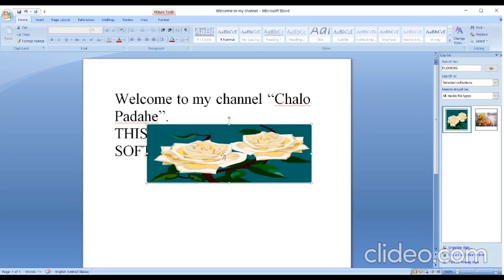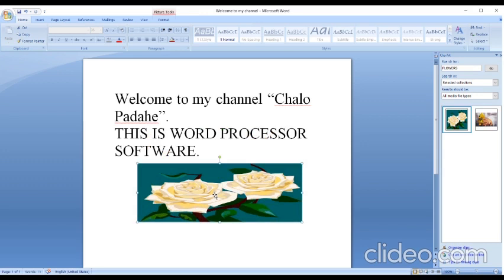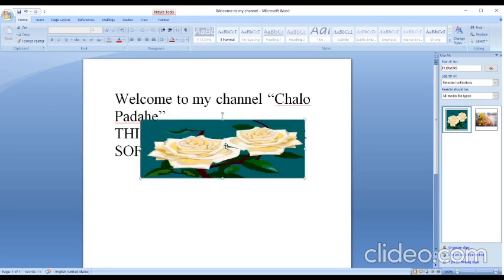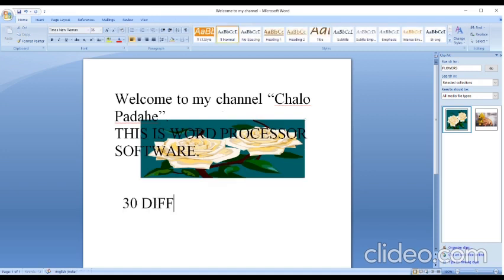Now you are not able to view the text wherever it is written, because you have chosen the option in front of text, so the text is behind the image. If you put it behind text, then your image will be behind the text and whatever you have written will be on the image. In the WordArt gallery, you have 30 different font styles which you can use.